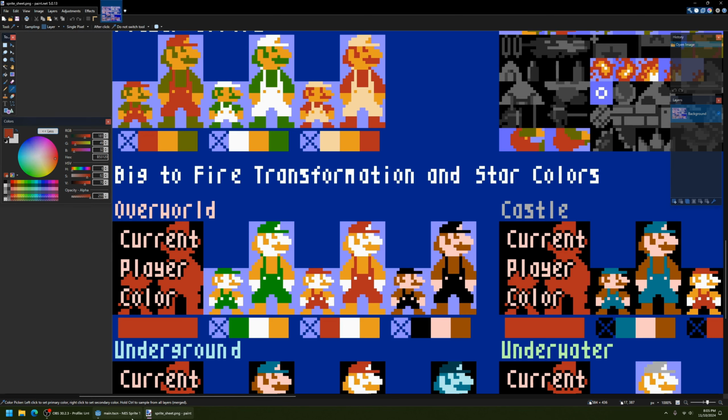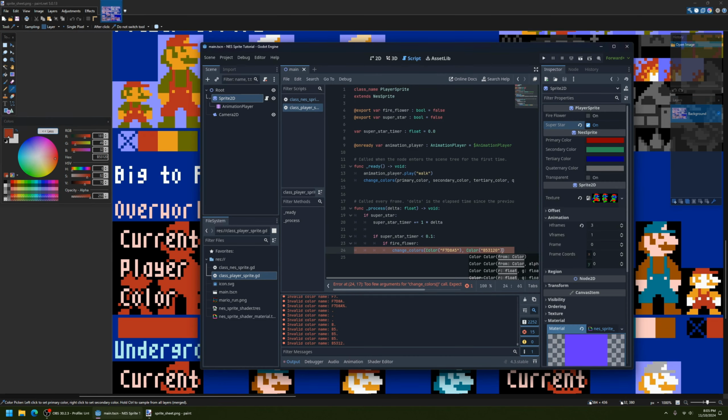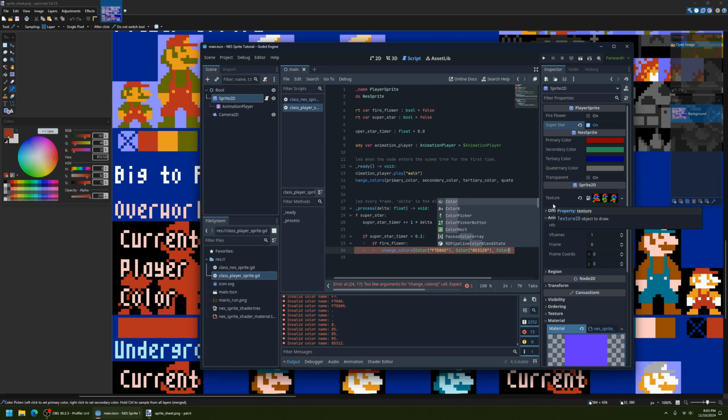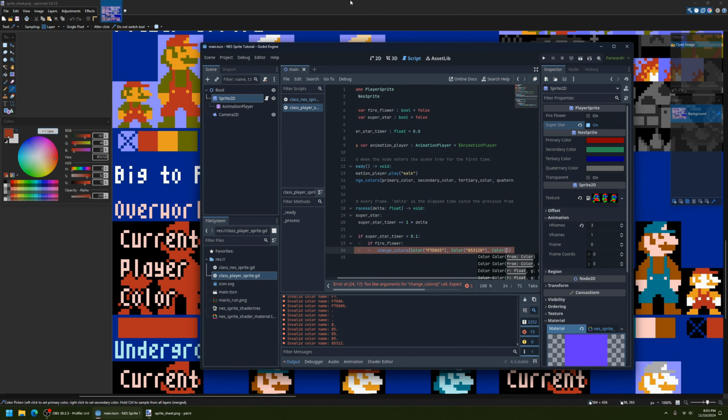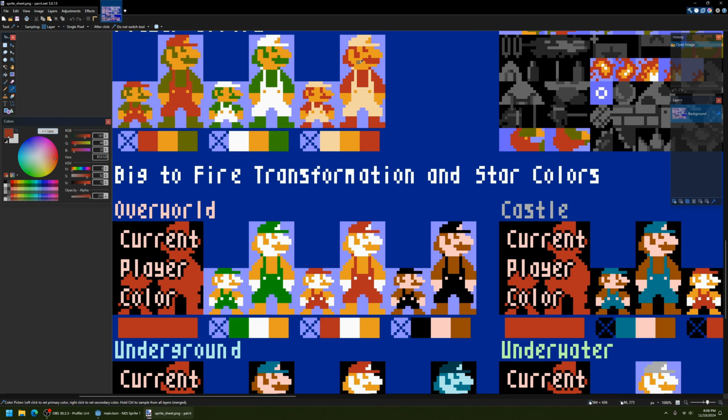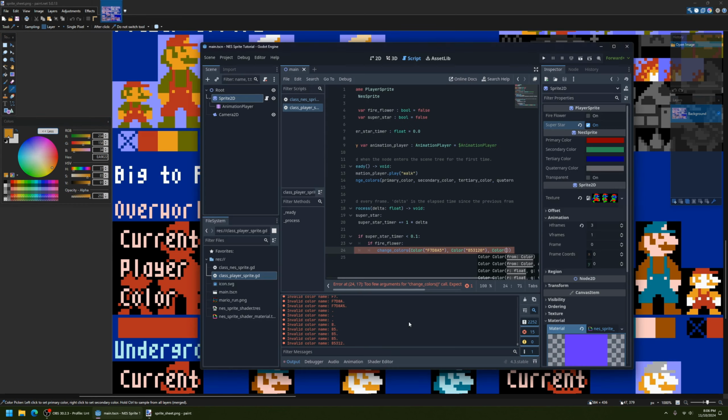Right there is the hex value. Let's get the color of his skin. That's EA9E22. In quotation marks, let's do